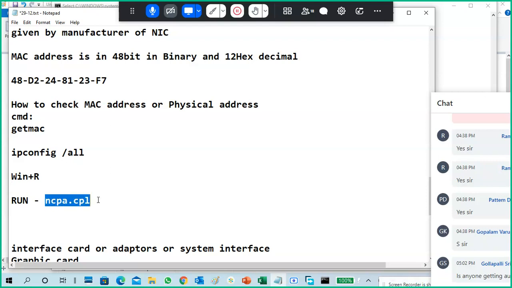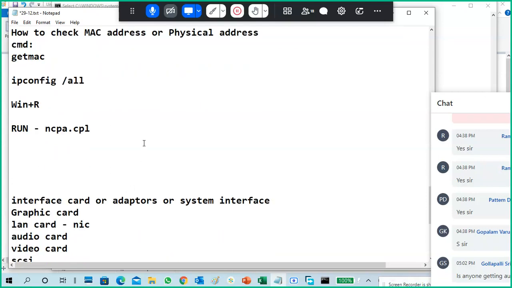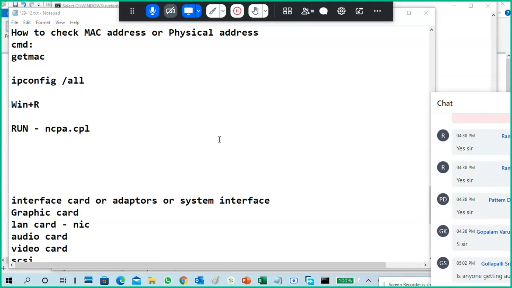In the Run box, type ncpa.cpl. So this is Run, I type ncpa.cpl, click OK.